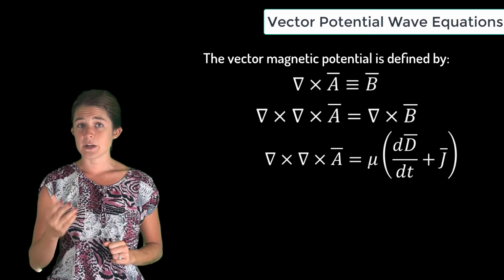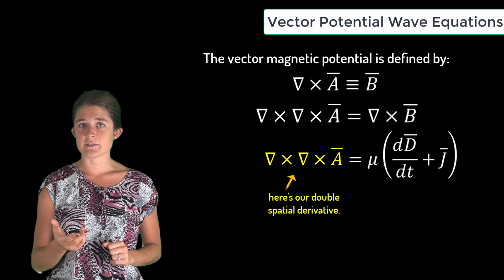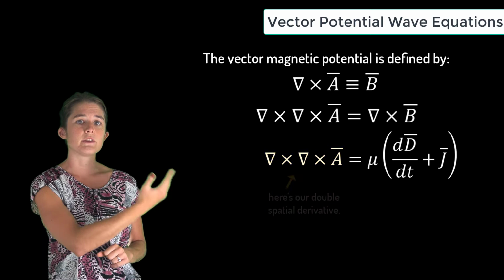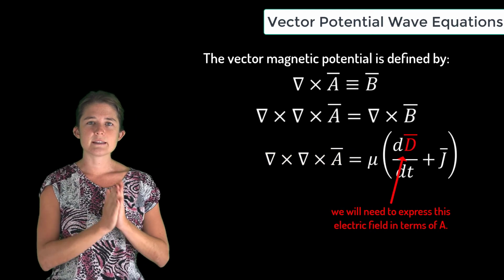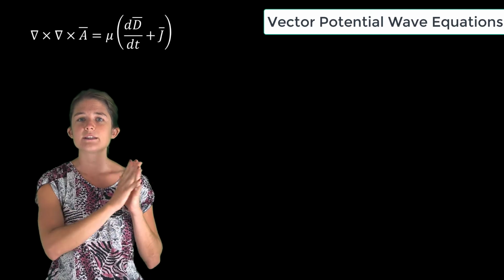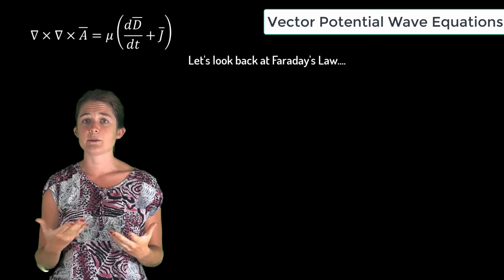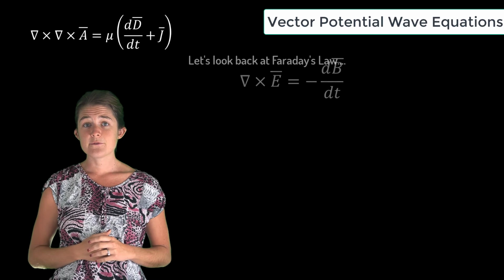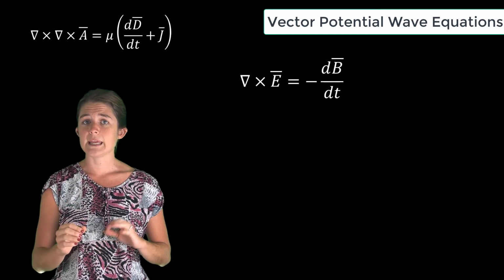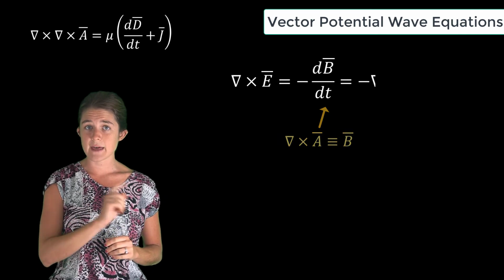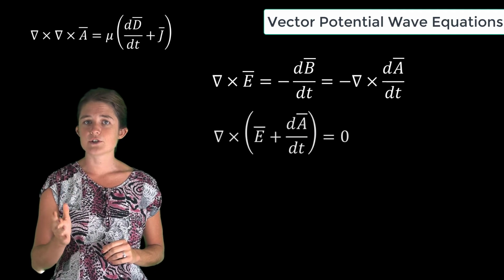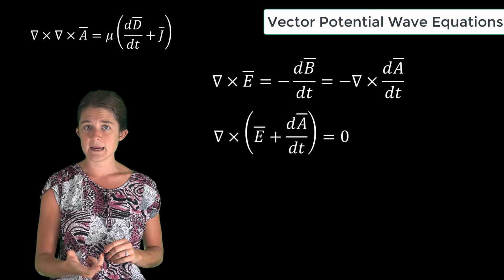Now we have what we know will turn into a double spatial derivative of A on the left, but on the right we have the electric field, which we need to get in terms of A. So let's set that equation aside for a moment and go back to Faraday's law to get a relationship between E and A. Faraday's law gives a relationship between E and B, and we know that B is del cross A, so we can plug that in and then rearrange to show that del cross (E plus dA/dt) is